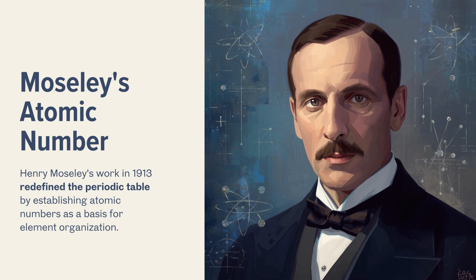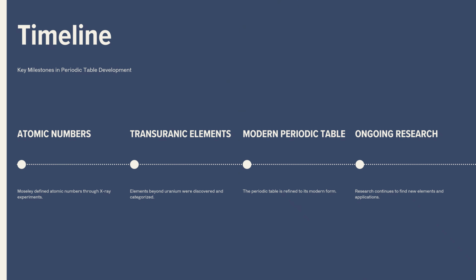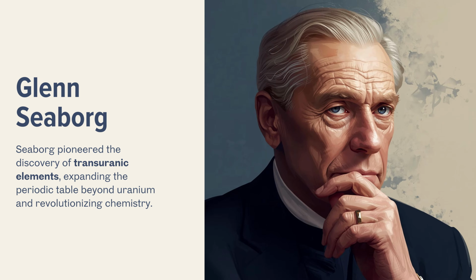Exactly. It has to do with isotopes, atoms of the same element that have slightly different numbers of neutrons and therefore different atomic weights. The chemical identity isn't set by the weight, but by something deeper. Which leads us to the 20th century and the modern understanding. Right. The big shift comes with the discovery of atomic structure, protons, neutrons, electrons, and the realization that the truly fundamental property defining an element isn't its mass, but its atomic number. The number of protons in the nucleus.